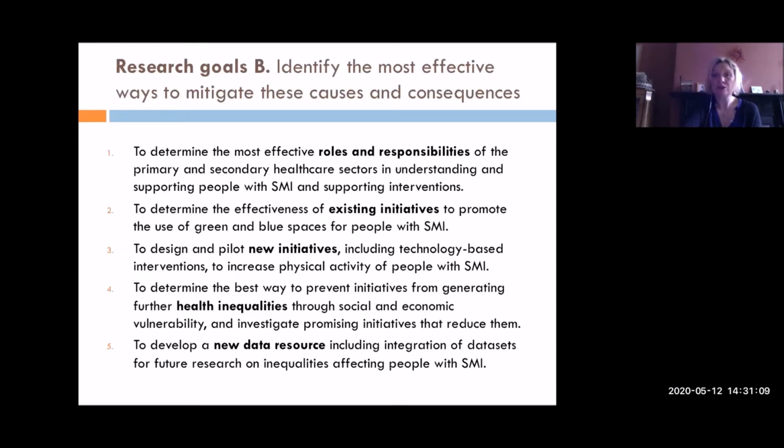And we've also got some goals around identifying the most effective ways to mitigate these causes and consequences. And there are five research goals there. To determine the most effective roles and responsibilities of primary and secondary healthcare sectors in understanding and supporting people with SMI and supporting interventions. To determine the effectiveness of existing initiatives to promote the use of green and blue space for people with SMI,